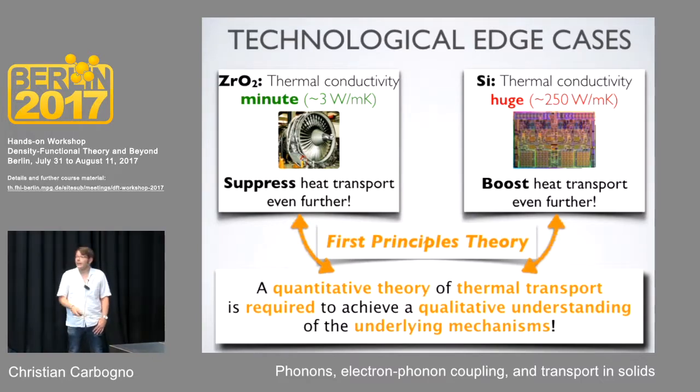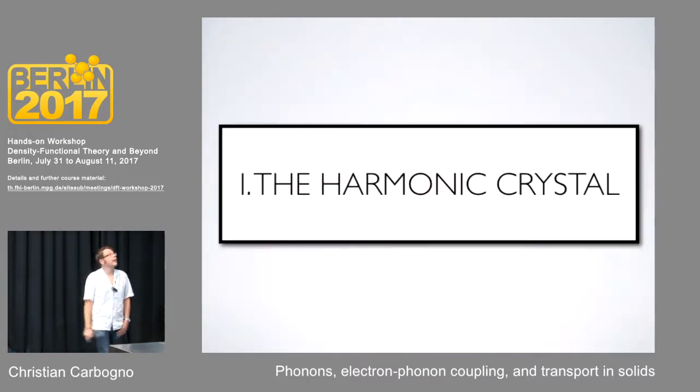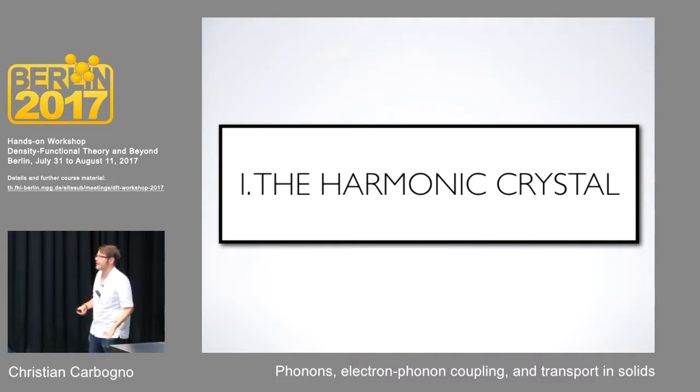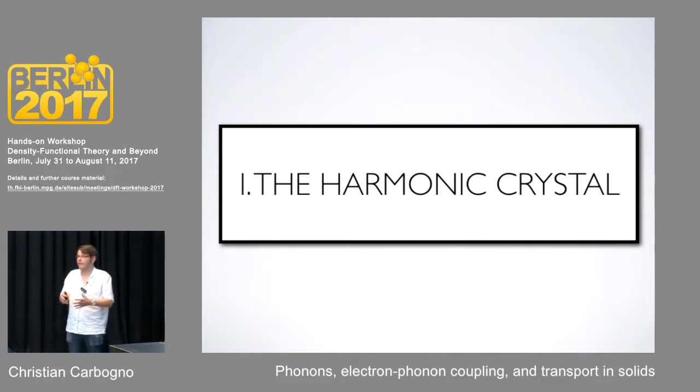So what will be the first step? Now, we will discuss the harmonic crystal. I think you have seen that there are ways to discuss the dynamics of atoms on a DFT basis, for instance, using molecular dynamics. Now, in a solid, we have many atoms. So molecular dynamics methods are desirable, but are typically very expensive. So first, you want to try to get an approximate description that gives you qualitative insight, even if it has some limits. And this is essentially the harmonic theory.